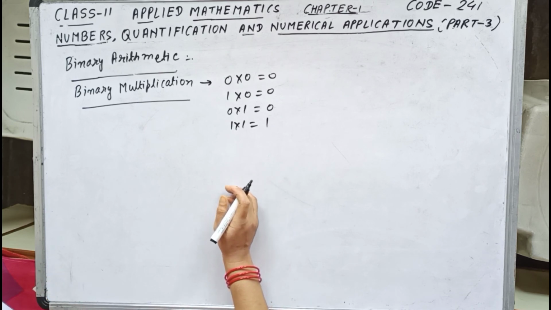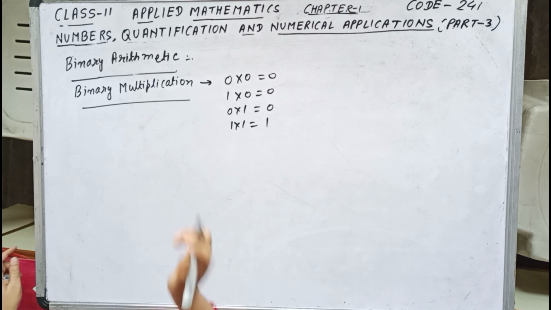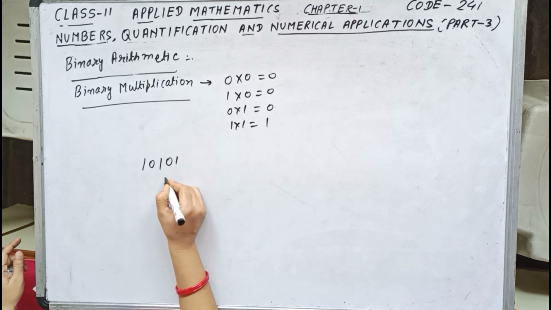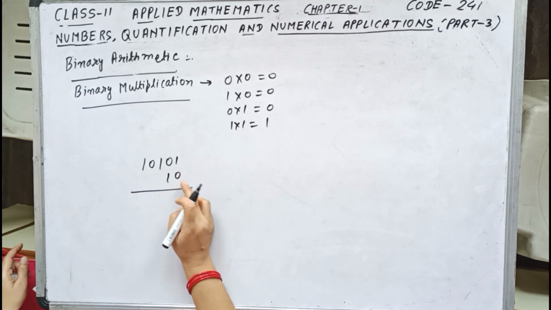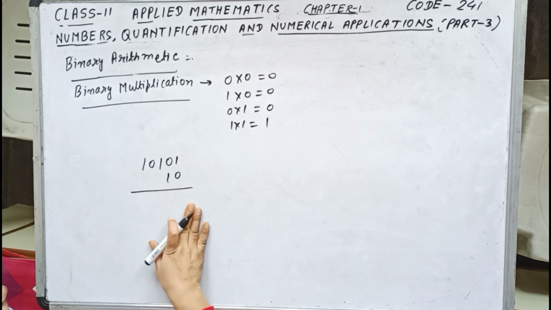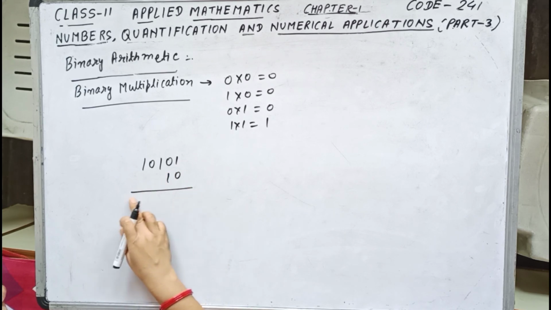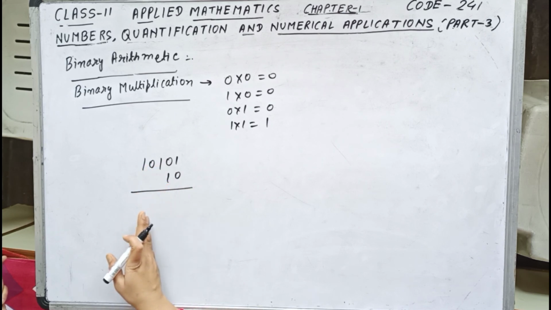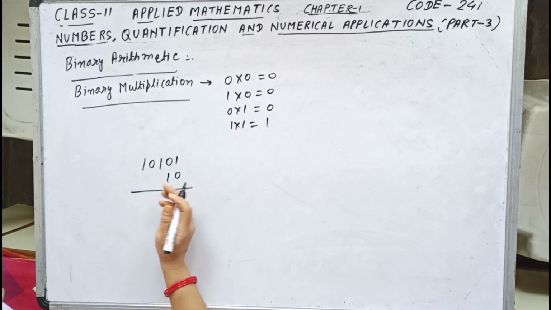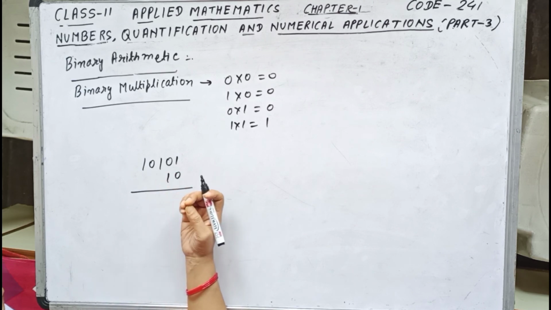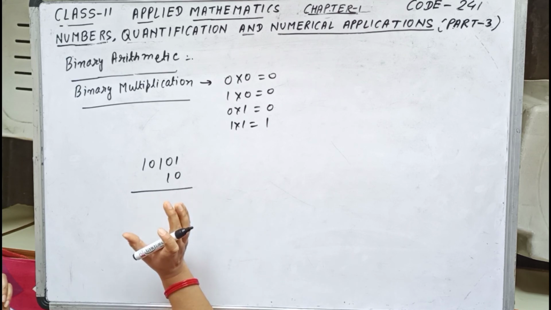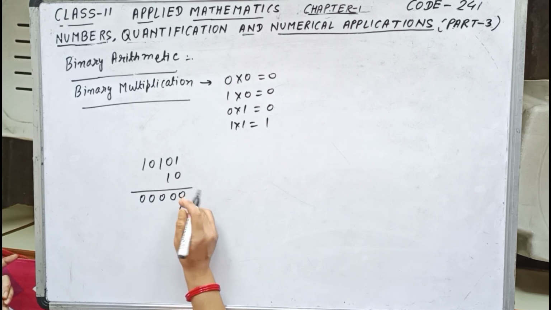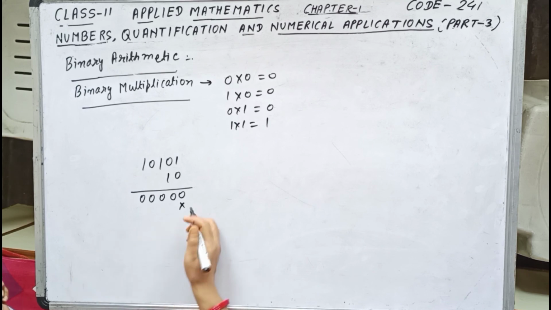So let us take an example. Suppose we have to multiply 10101 with 10. With 0, if I have to multiply, I can leave that multiplication step, I mean the steps over here, because 1, 2, 3, 4, 5, 5 zeros we have to write. But when we are multiplying with 1, we have to shift 1 place to the left side. But there are chances of mistakes, the students can make mistakes. So to avoid all that, you multiply with 0: 1, 2, 3, 4, 5. Now with 1, this cross and 1 place shifted to the left side.